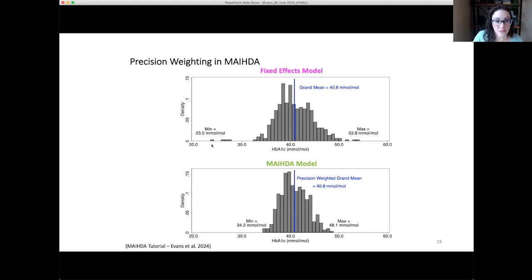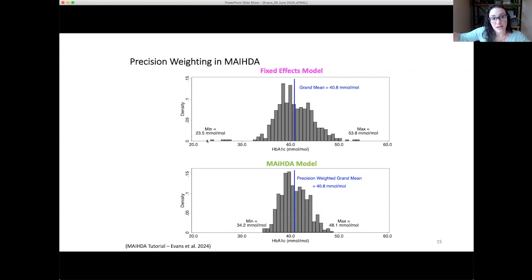So in other words, what you see in this fixed effects model is some pretty extreme estimates. So this particular stratum here, for instance, has a really low average that's predicted for it. That could be because it just has a couple of people in that group. How reliable is that estimate? Not very, probably. We wouldn't really trust this. And unfortunately, it's usually those small groups that we might be most interested in. You know, we might be interested in the gender and sexual minority, racially minoritized, low income, hard to reach population. And we may only have a small number of people.